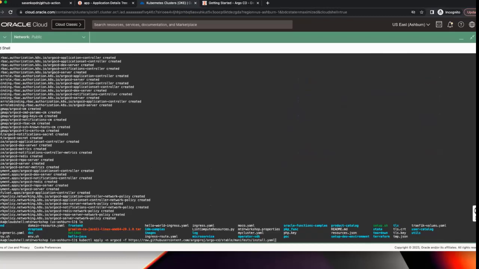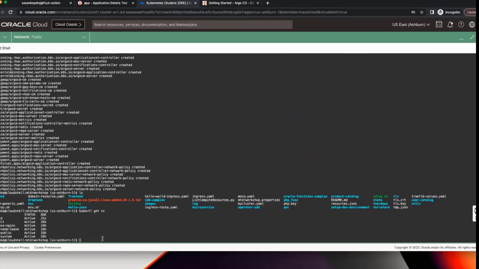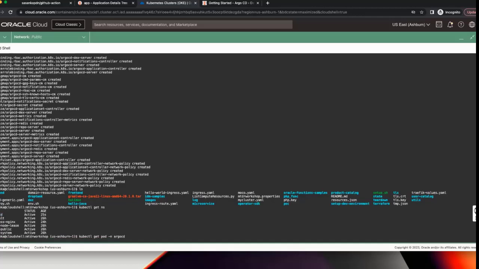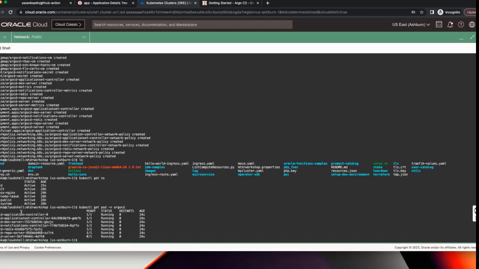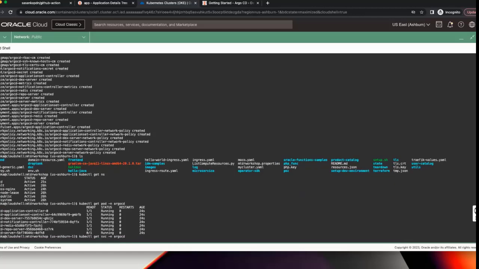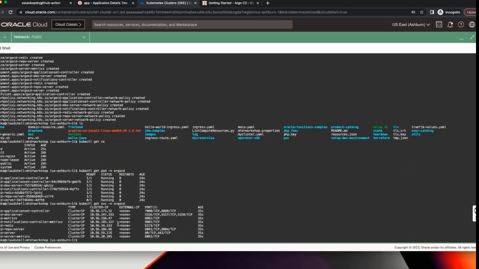Now, if I go back, the namespace is there, and if I get it, I can see all these pods are running right now, and services. It will create another service right now.